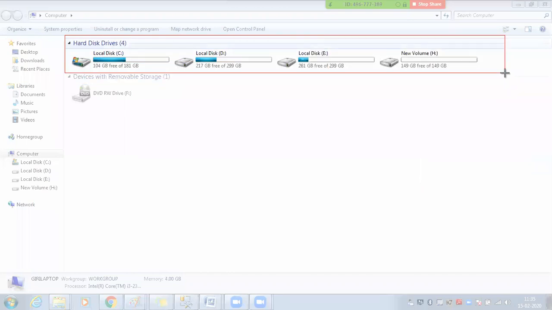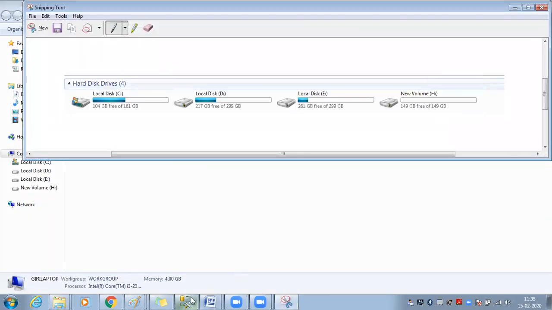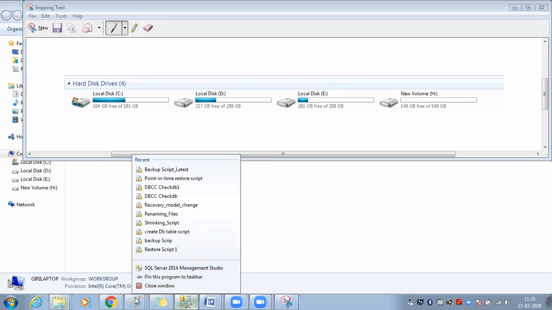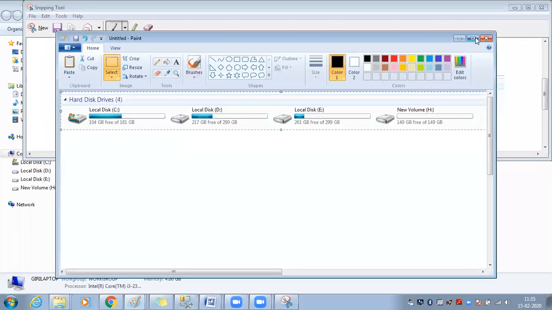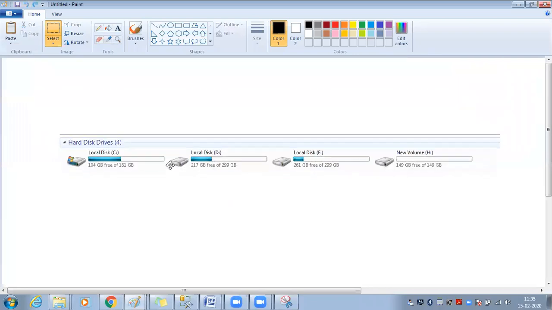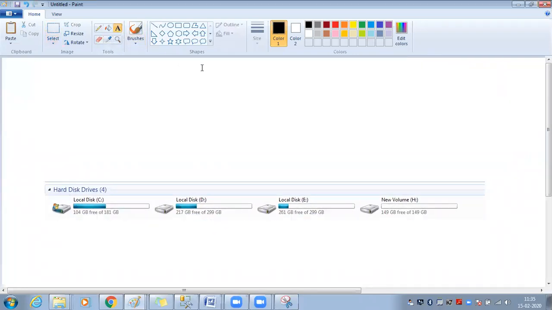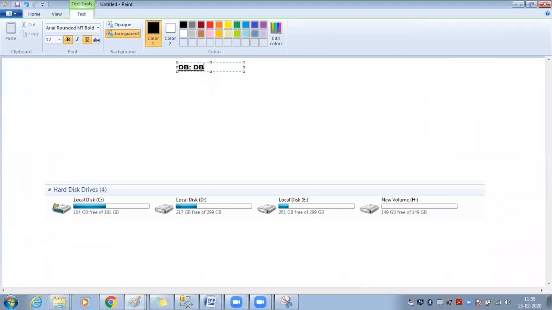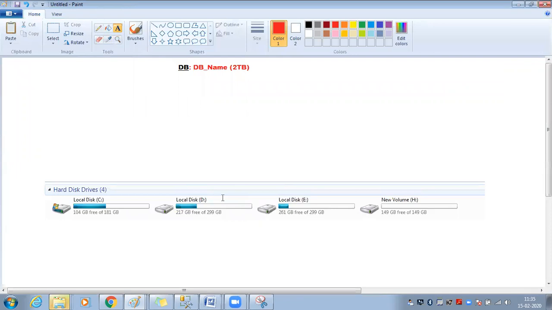this is your hard disk. Now you have one database. DB underscore name is the database, which is almost 1 TB. Make it 2 TB. Okay, the database size is 2 TB. You don't have any external hard disk here. So you only wanted to store your